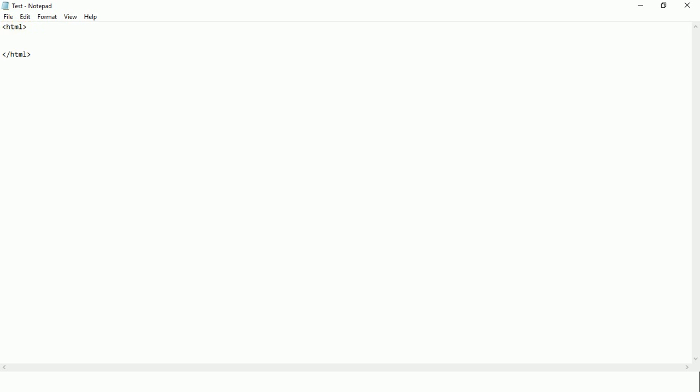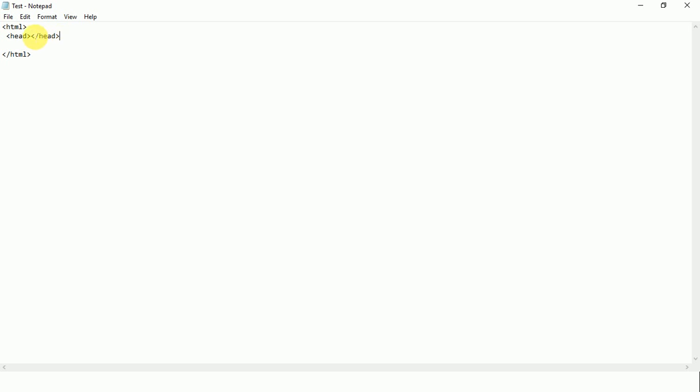There are three parts of HTML. One is head. I'm opening the head, and after opening it I have to close it. I'm closing it. Closing is always done by giving a slash: first an angle bracket, then a slash, then the tag name, and then closing the bracket.